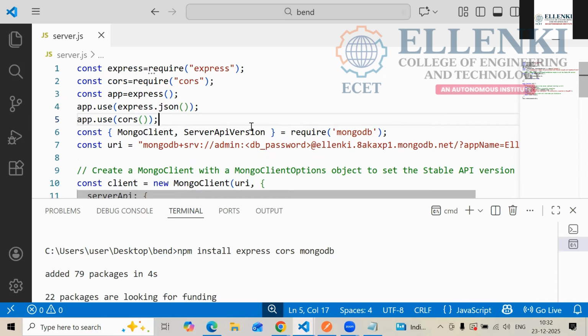So what we did up to now, we created the database. Database with what? MongoDB. So now you have to connect with the backend, right? Backend has to connect with whom? MongoDB. So that's why we are writing some code here to connect